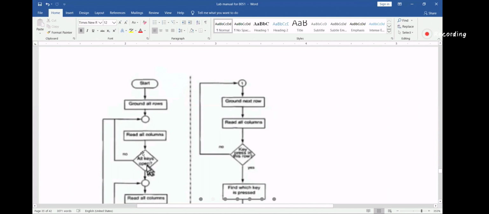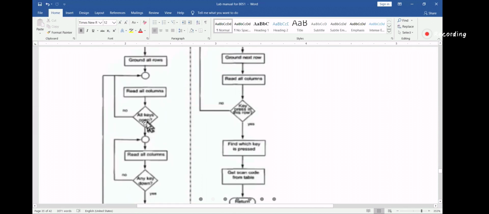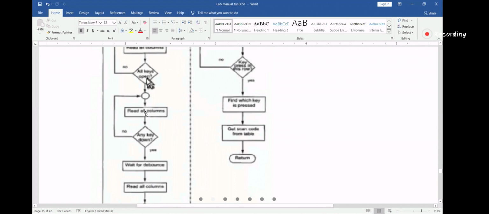We'll check whether all keys are open or not. No means we'll go back here. Yes, all open. No means that something is wrong, right? So again it will go back. Yes means we'll go to the next step.